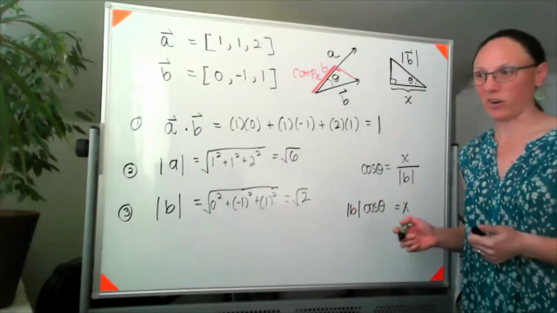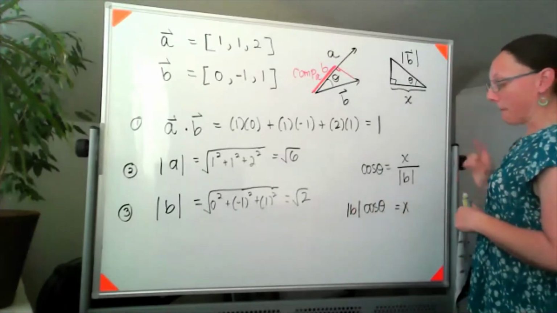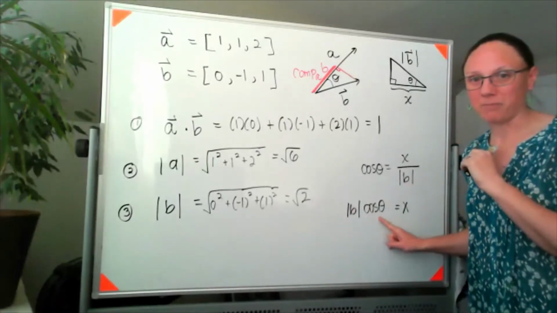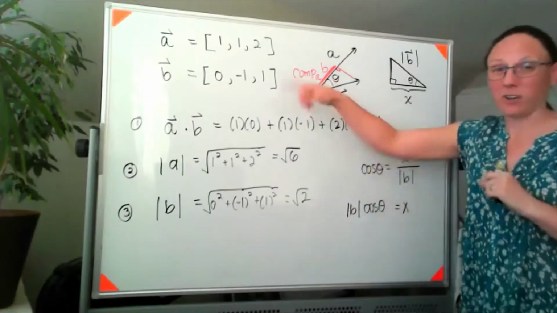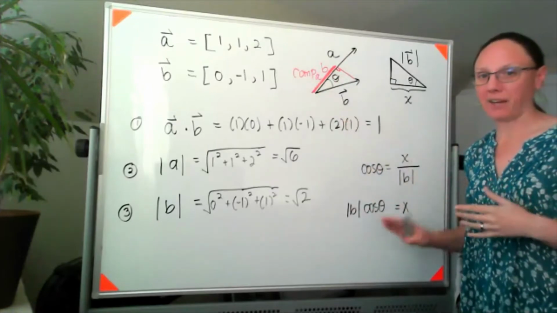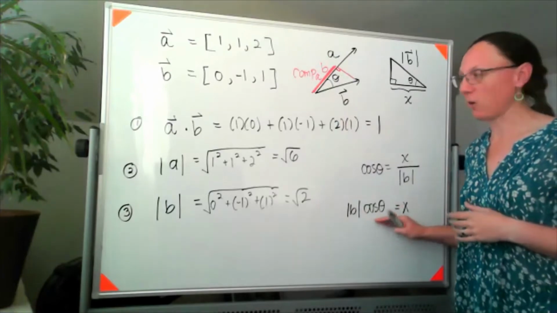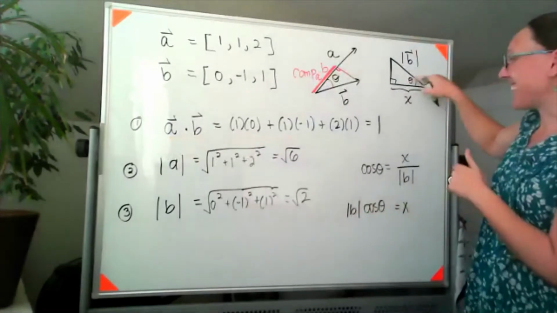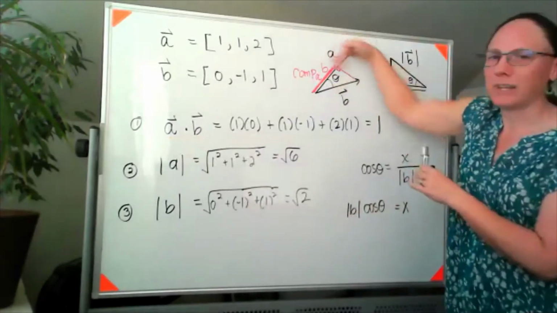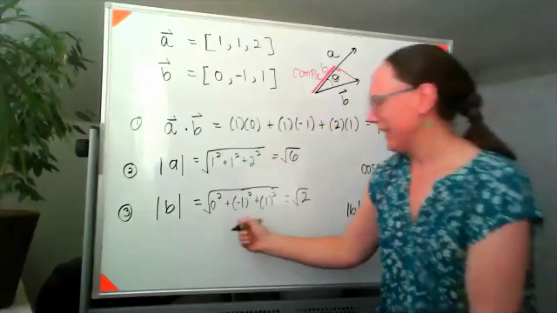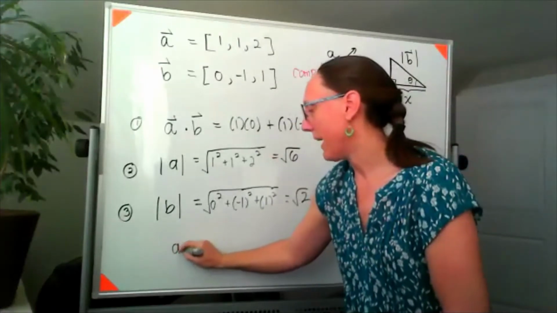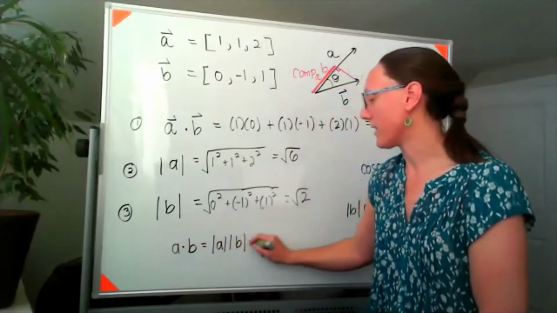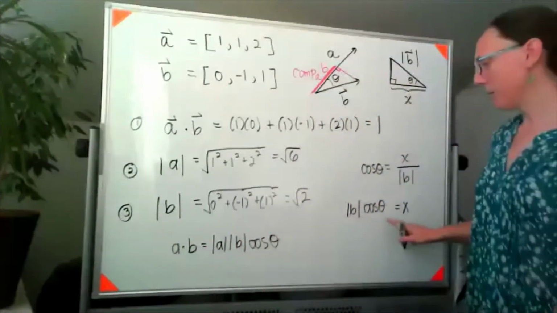And this is where we're going to get creative. I don't really know what the angle between these two vectors is, but we have a relationship between cosine and our dot product. Because that's the same angle, the angle between A and B. That means that if I go back to that idea that A dot B is equal to the length of A times the length of B times cosine theta, then notice